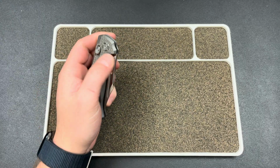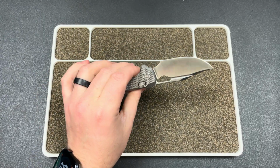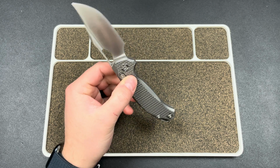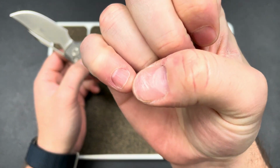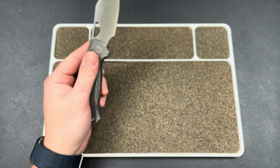This one and me, well, she bit me, all right? She bit me, right here. See that cut? It looked worse than it was, but